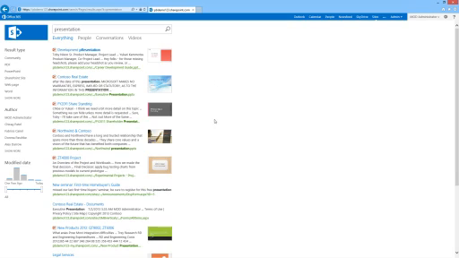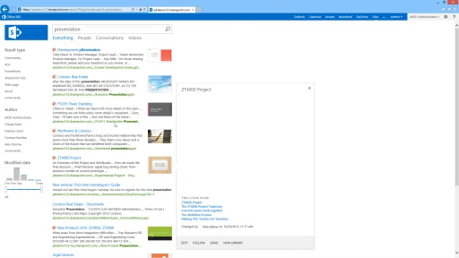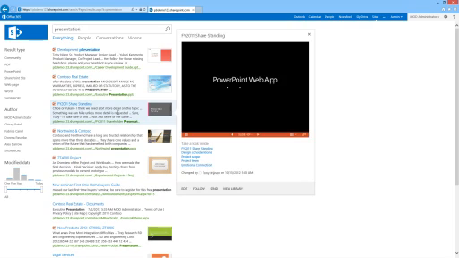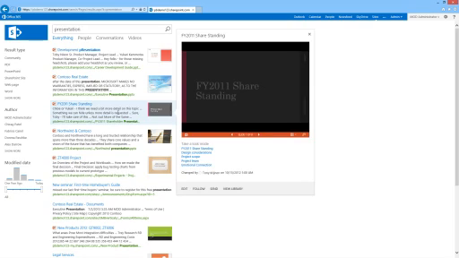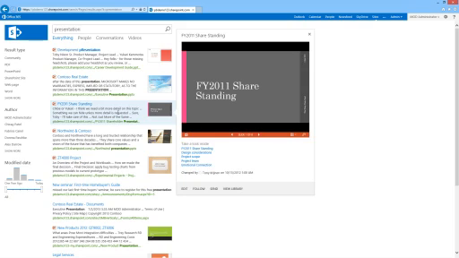So let's say, this is going to be particularly useful for everybody, but I know Sonia, our marketing manager, is going to find this particularly useful, trying to dig out the right PowerPoint presentation. So I'm just going to hover over FY 2011 share standing, and we see on the right hand side straight away that the PowerPoint Web Apps has opened that up, and we can actually start to click through and look at the presentation,